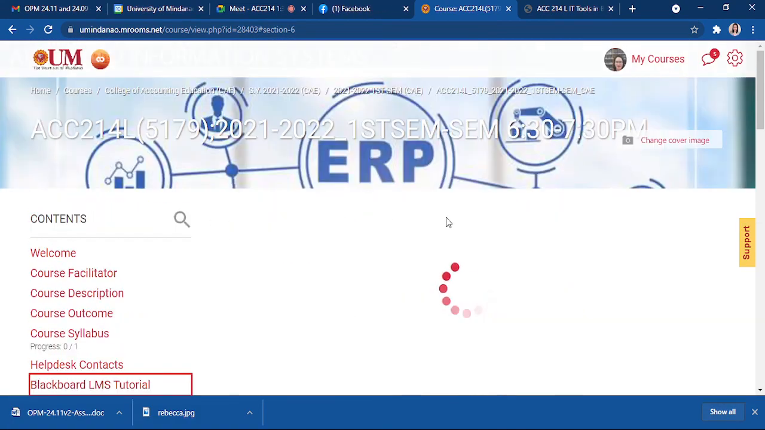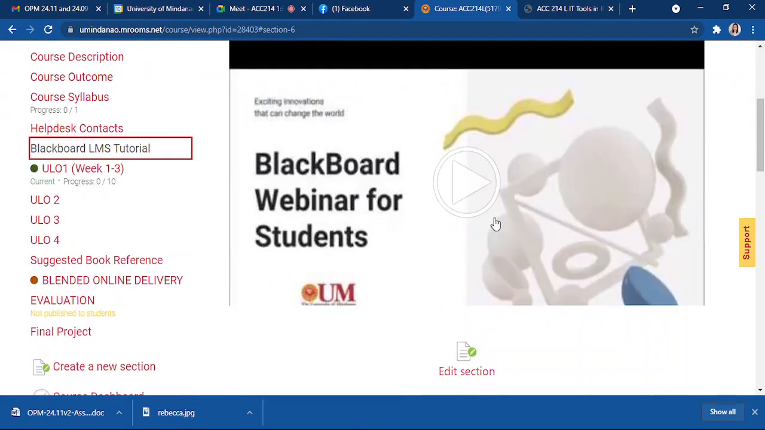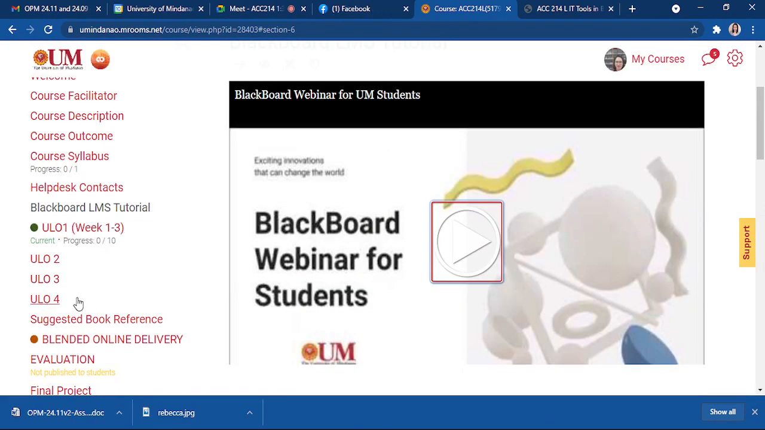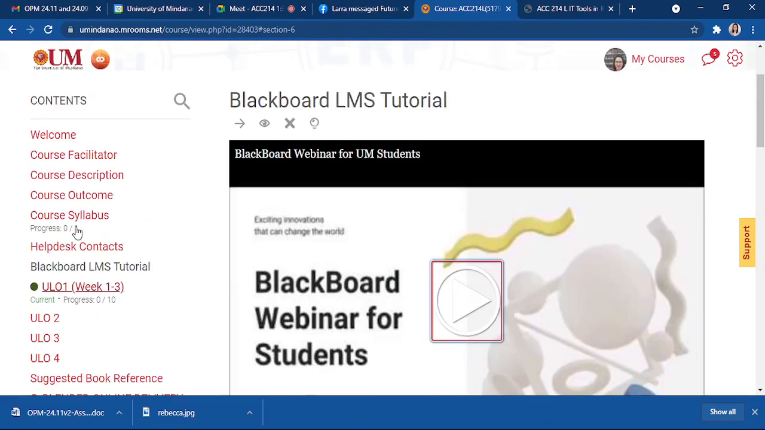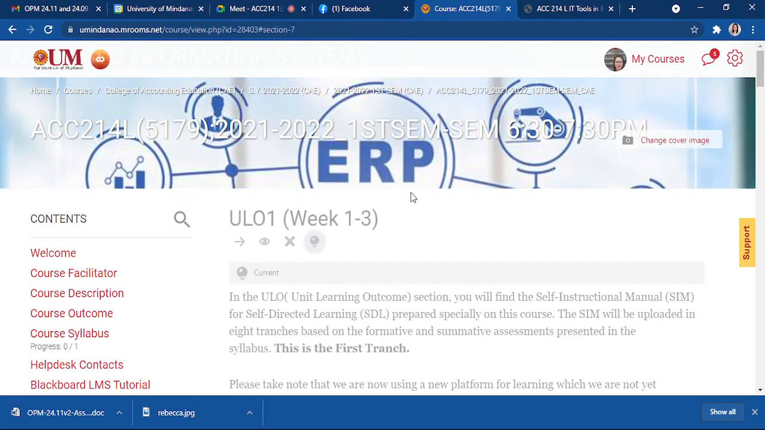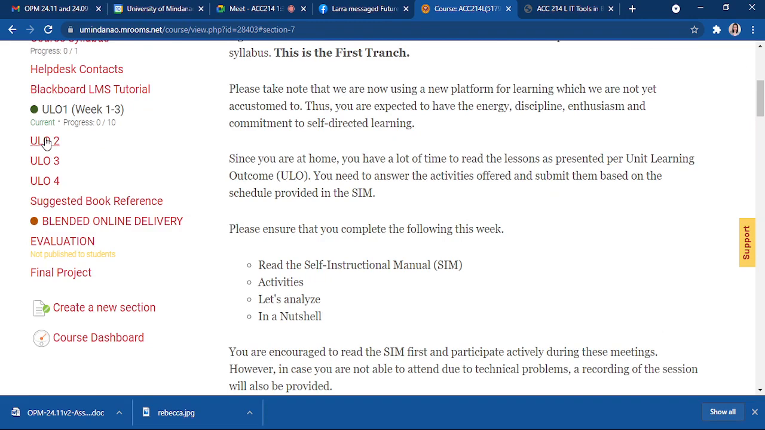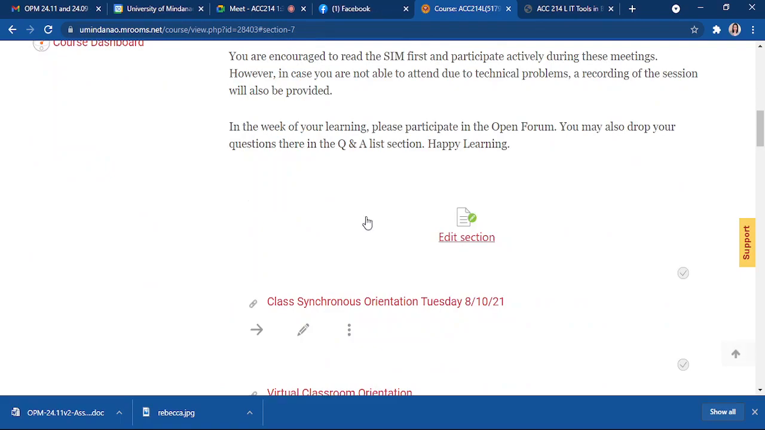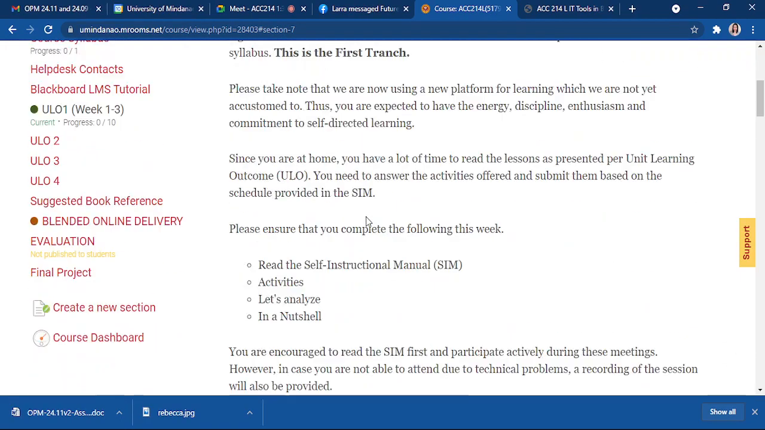You have also your Blackboard LMS tutorial. I think, nagka-problema ito kanina sa mga students. So, hindi gumana. And then, categorized na tayo. We have the unit learning outcome per week. Week 1 to week 3. This one is week 4 to 5, week 6 to 7, week 8 to 9. Okay. So, in your unit learning outcome 1,